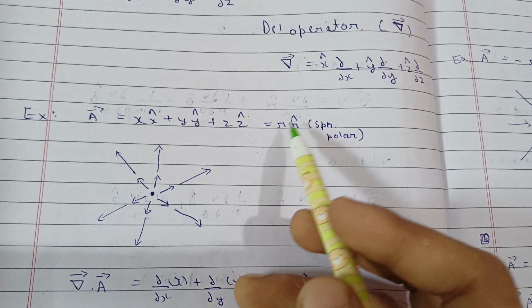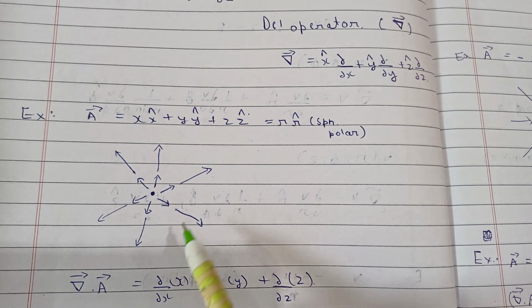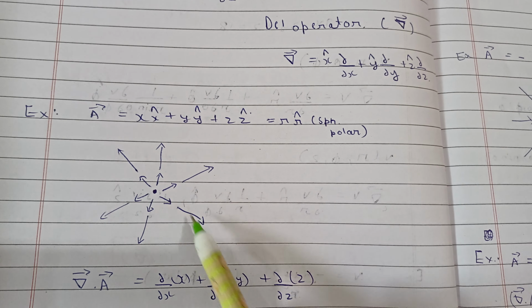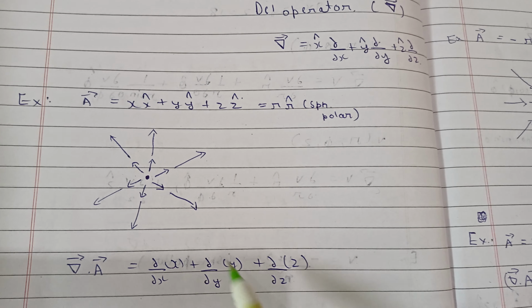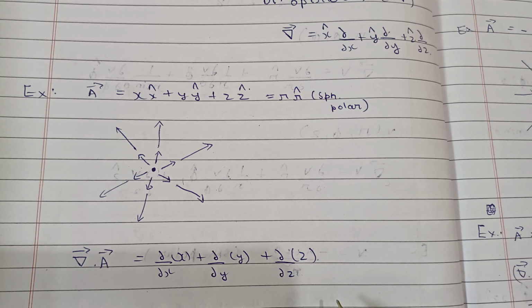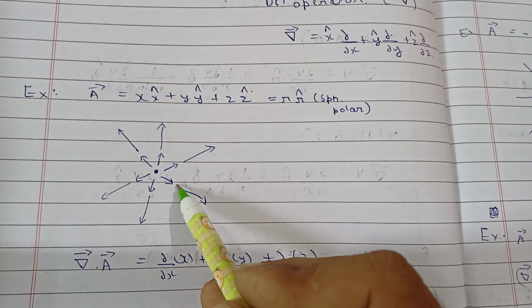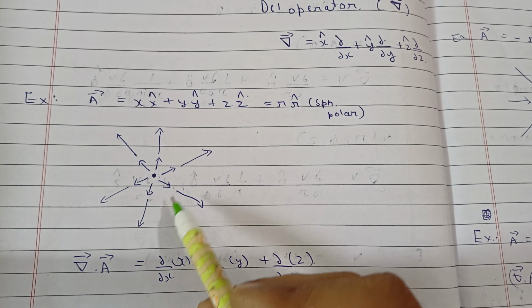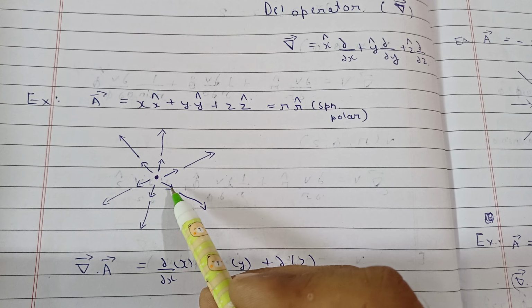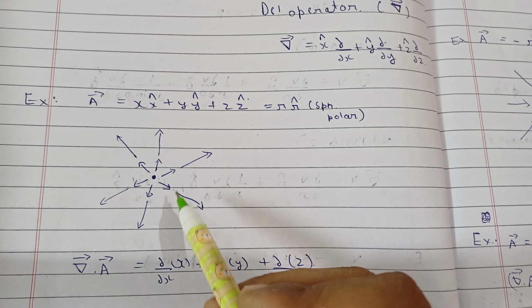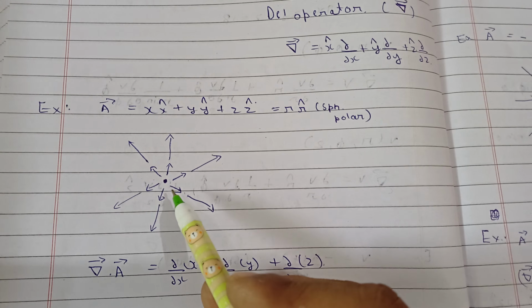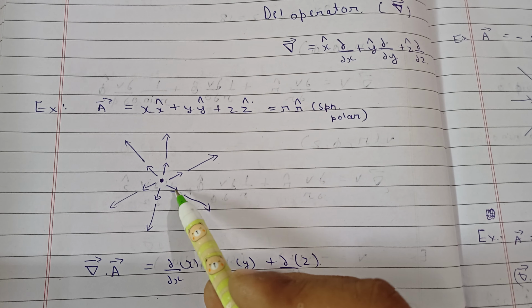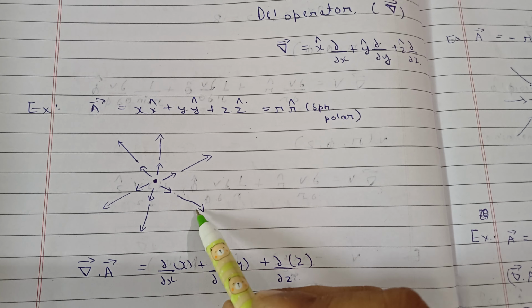As r is increasing, 1, 2, 3, 4, 5, it will be 5 somewhere here, and this length will be equal to the vector next to it. That will be larger. So you see, this length is increasing. If you take any point, let's say this point, and find the divergence, it will be some positive value. Divergence, you can see from the word, means something is spreading. So this length is spreading. It is less before this point and it is larger after it.